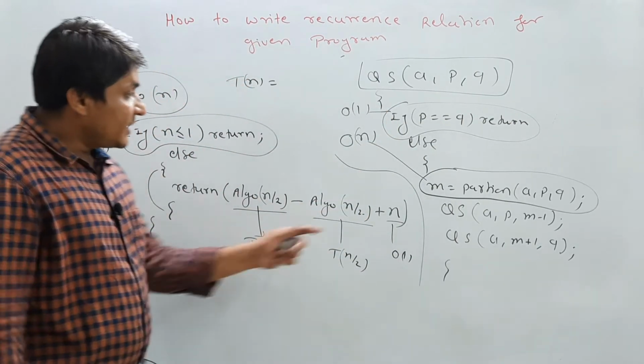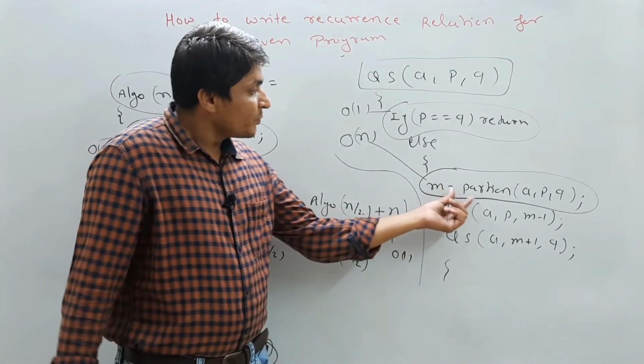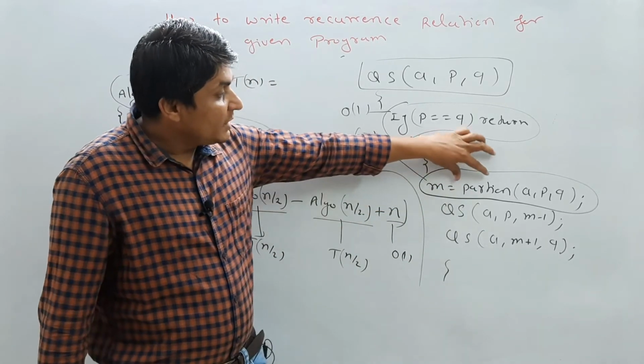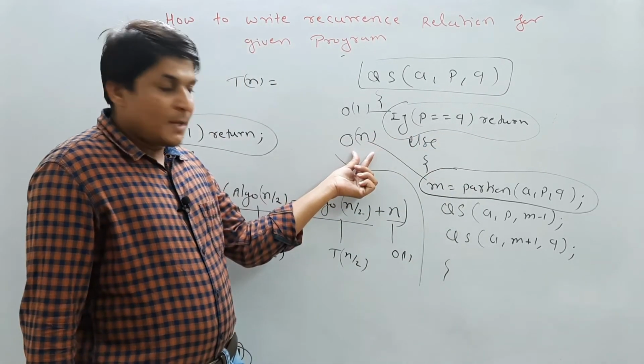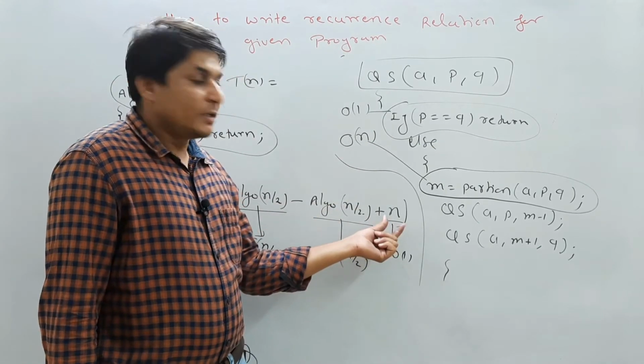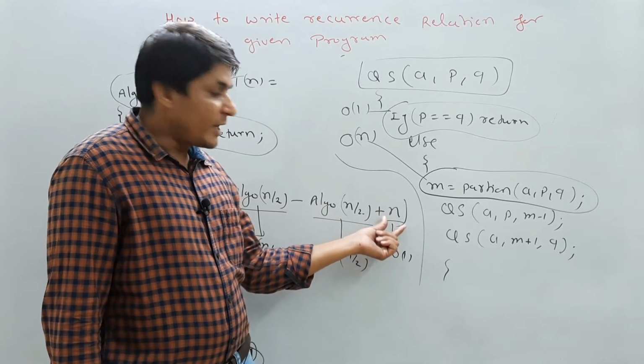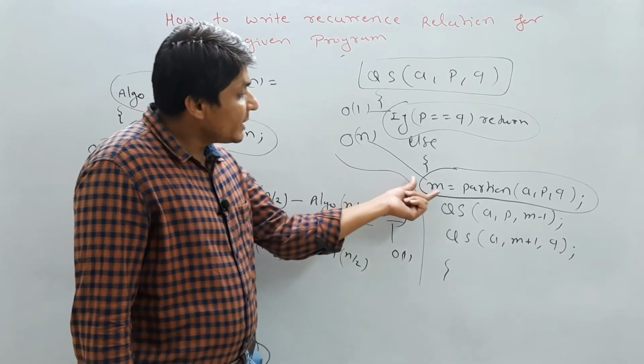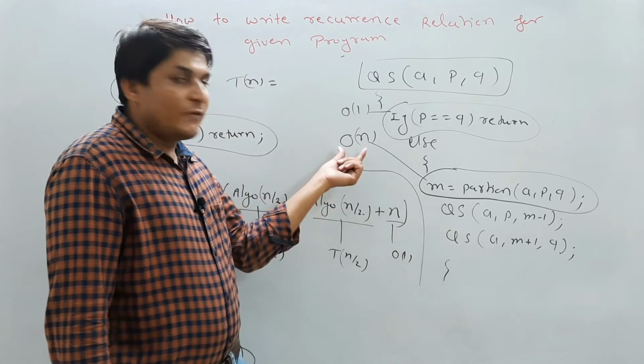So that is the reason I am saying here it is taking order of n time, meaning the work done in the partition algorithm is order of n. But in the earlier case you are simply performing addition only. Adding a bigger number will always take order of one time, but here you are doing something in order of n time.